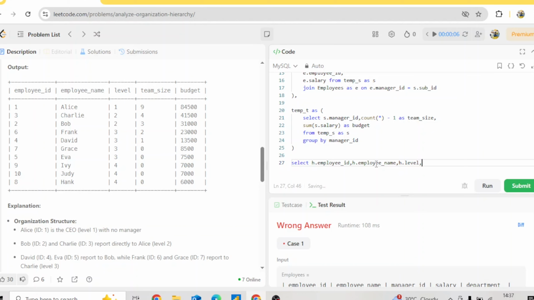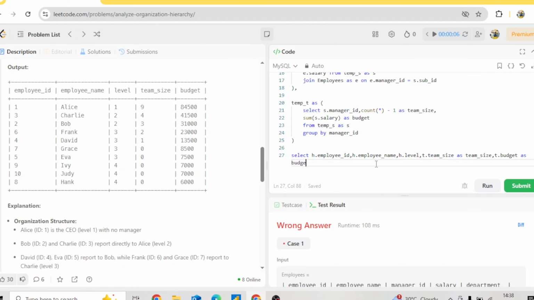After this, we also need t.team_size, so I will say t.team_size as team_size, obviously. And then I will also say t.budget as budget,